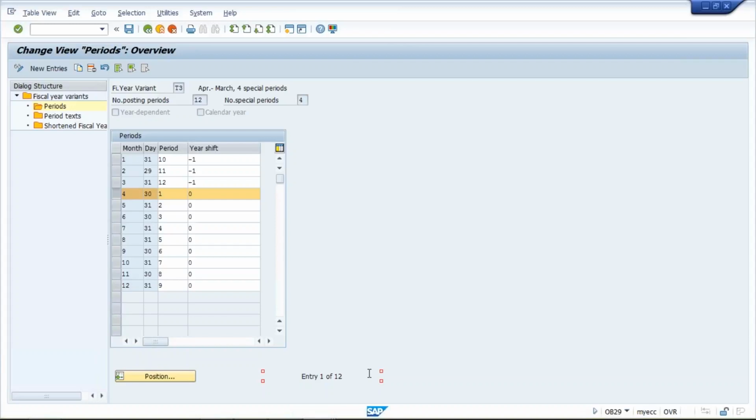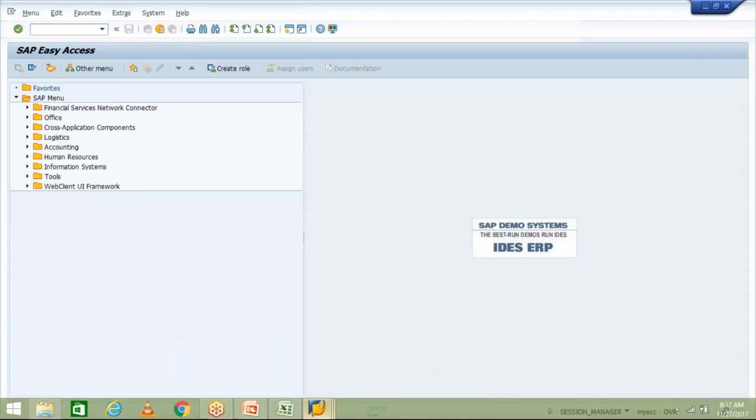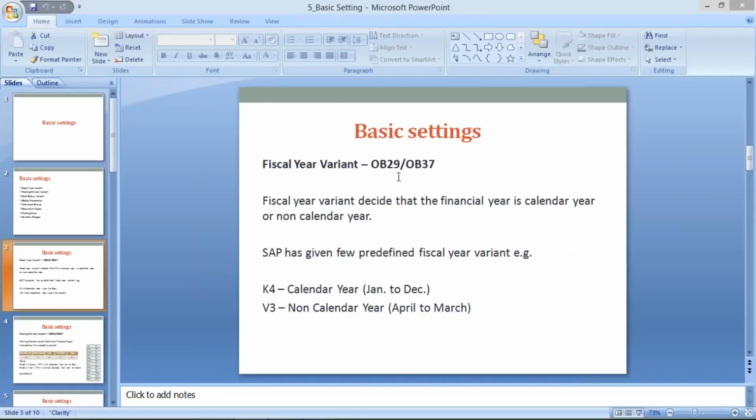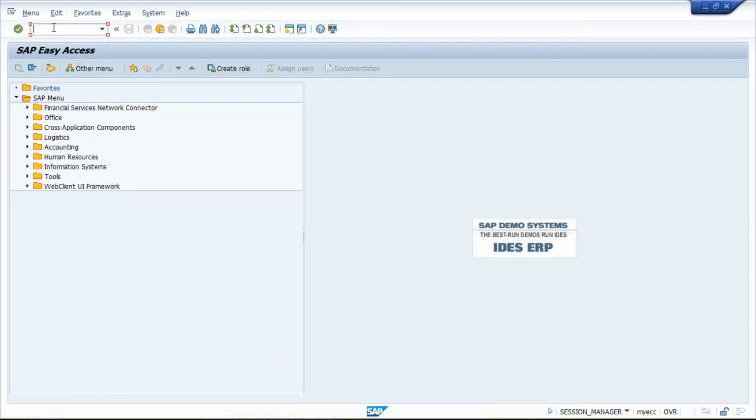We have to link our fiscal year variant with our company code so that SAP will come to know that this T3 will be used by Tata Motor. So I have opened a new screen and used the transaction code OB37. OB29 is to define, and OB37 is to assign this fiscal year variant to your company code. So use OB37, press enter,